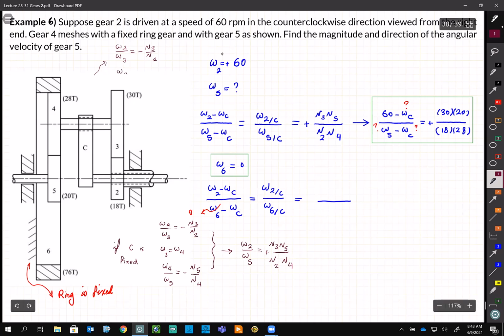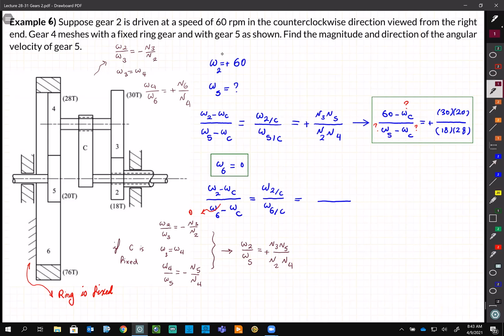Then 3 is attached to 4, and then 4 is rotating 6. Omega 4, omega 6 is plus, right? They are not going to change direction because we have an internal gear here, 6 and 4. So if we simplify that, we'll get